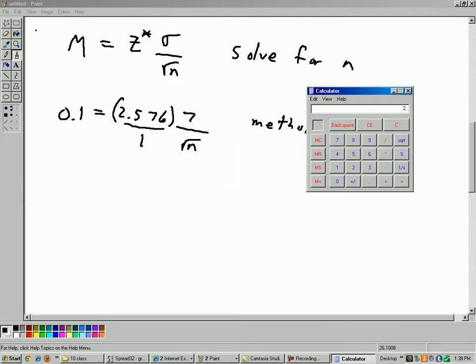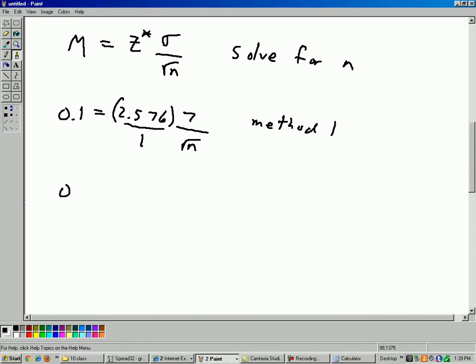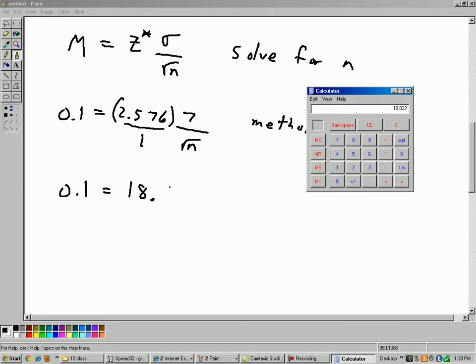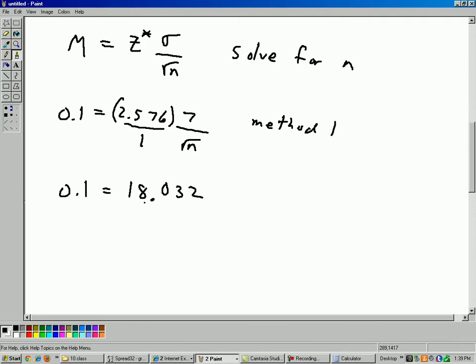So 2.576 times 7 is 18.032. So I've got 0.1 equals 18.032 divided by square root of n. Okay, multiply both sides by square root of n, divide by 0.1, so I get square root of n equals